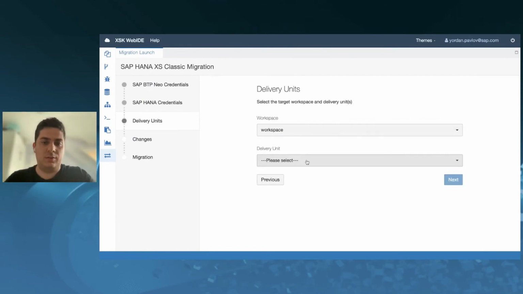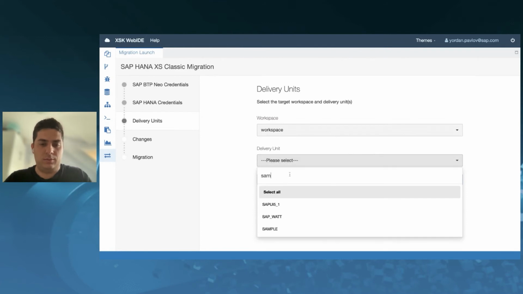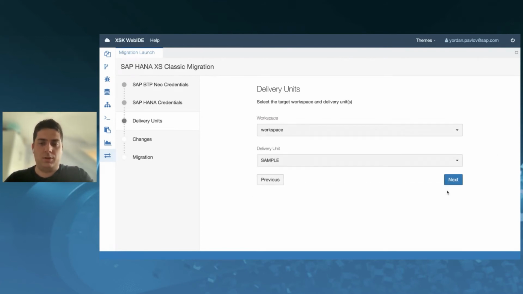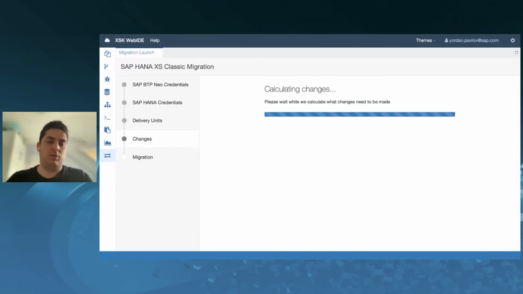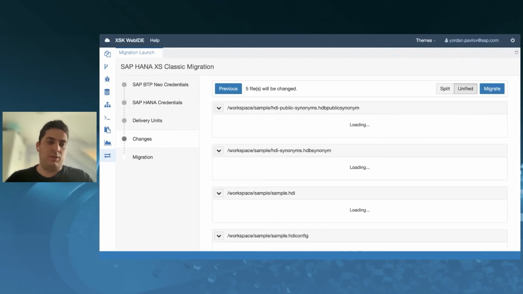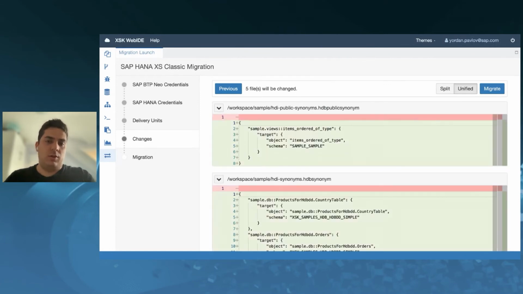So then I can select the workspace and I can select the delivery unit, which is basically, let's say, the application that I want to migrate to the new environment. So what this migration process is doing, it is fetching the application data, the application content, and it is running some modifications on top of it. For example, you can see that we have even a git diff view, so it can be seen what actually this migration process has done, and it has generated